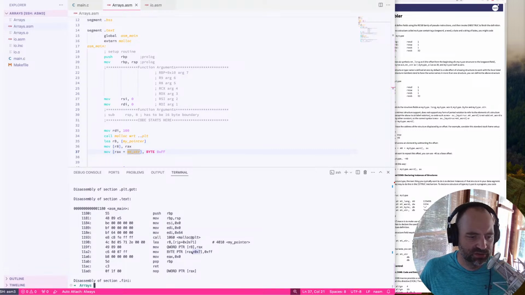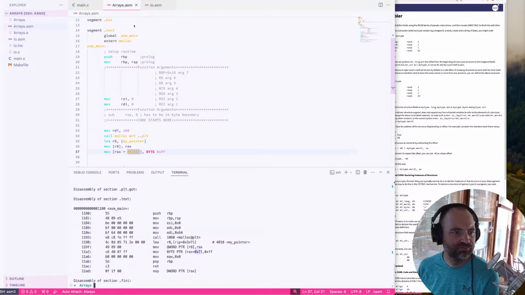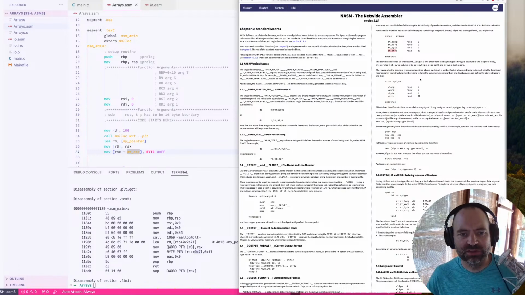So, yep, it's just filling in that. So I guess it's just giving us raw access to that. So what does this other one do? So the reason